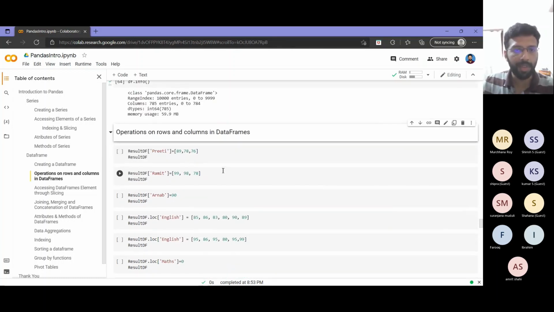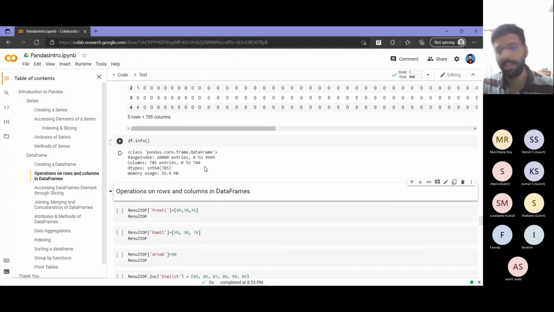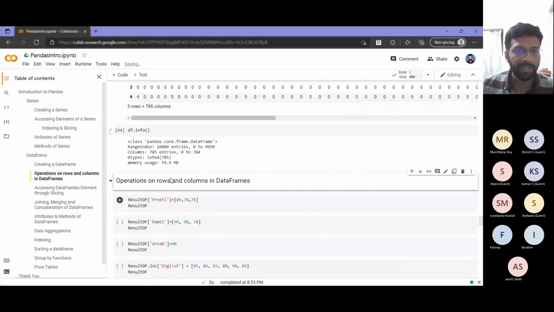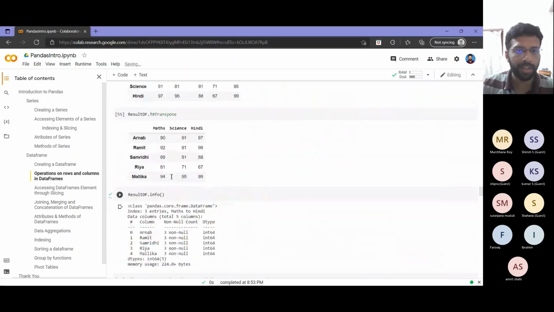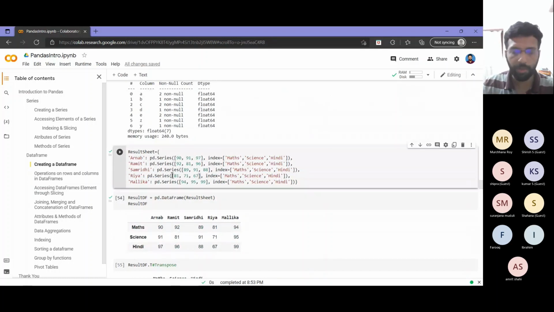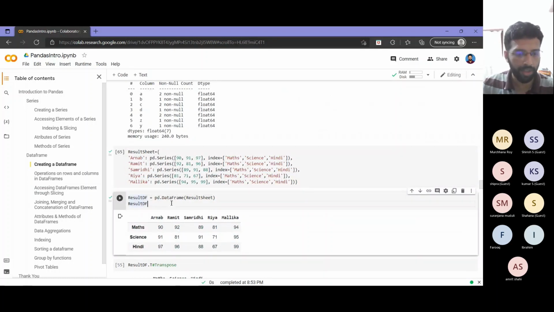Now we will see, similar to what we did for series, some operations using these data frames. I will just copy this results df, because I will be using this results df only. So you will just print that there.